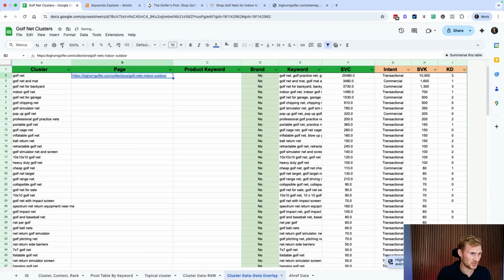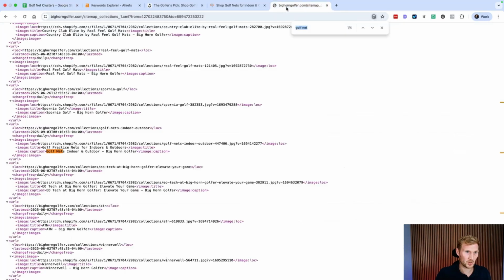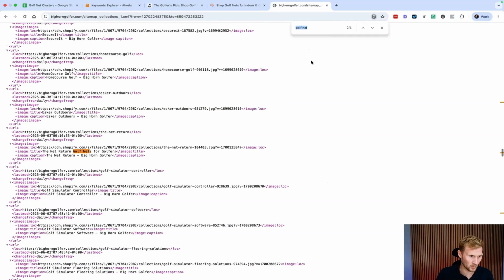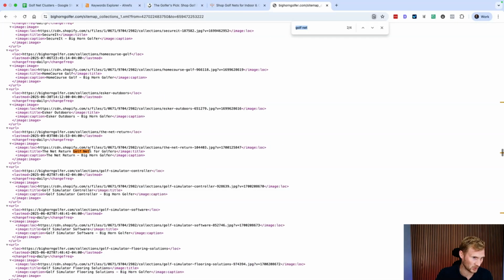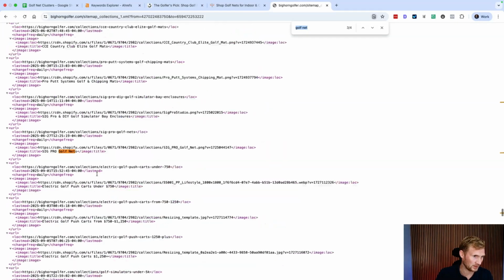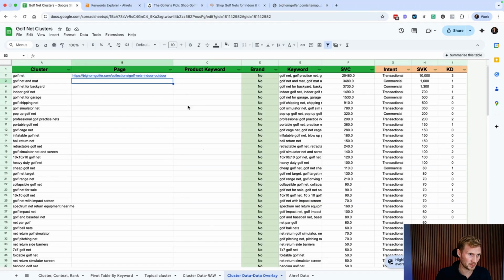Okay, page. And then if we go into their sitemap and we search for GolfNet, we only have 4 things. So we have GolfNet, Net Return, the brand, and then the category we just had, and then the brand. So they don't have anything else. If they had like 20 collections around GolfNet, they had shipping and indoor and all of this, then we would go and try and map things to the correct